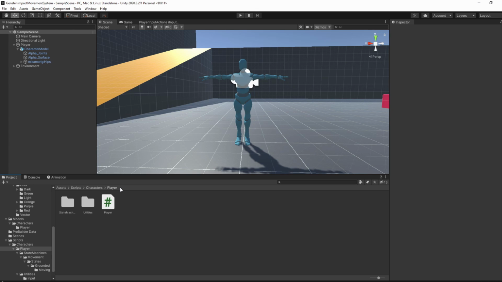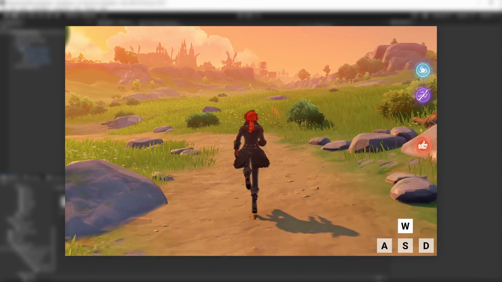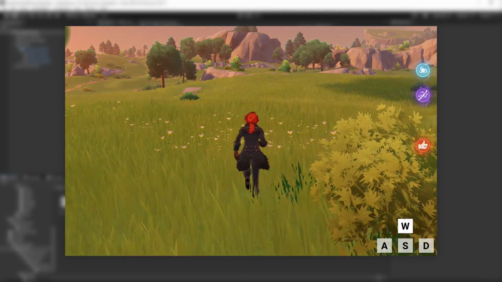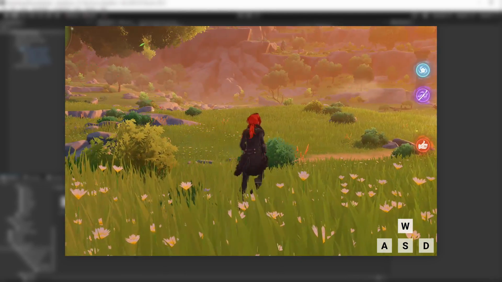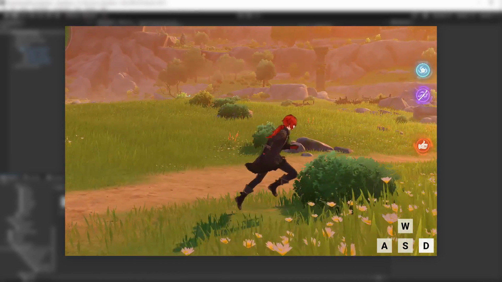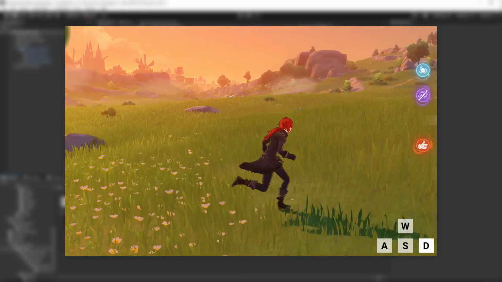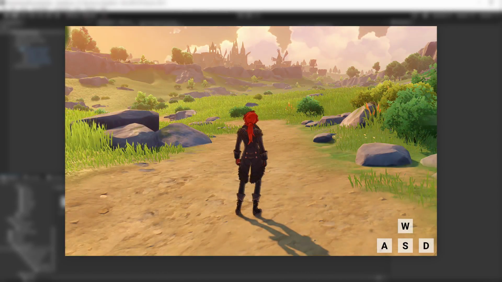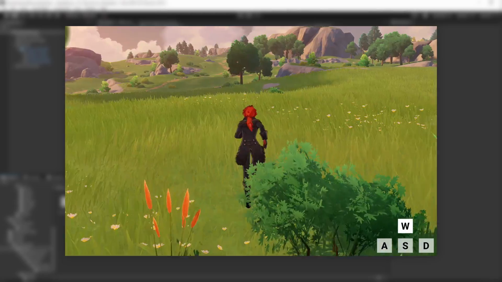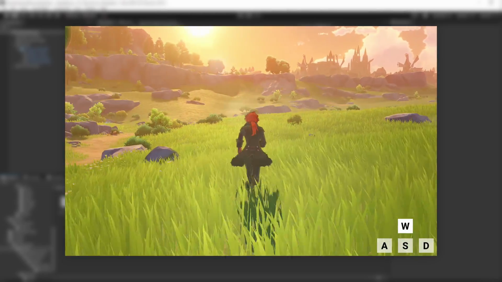With that, we got the base of our movement done. But if we take a look at Genshin Impact, we quickly notice that this isn't how movement works there. Not only does the player rotate towards the movement direction, that movement direction is relative to the camera and not to the input. If we press W to move forwards, we'll always move forwards towards where we are looking at.